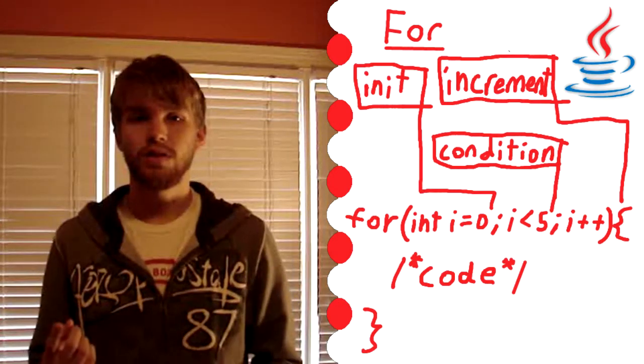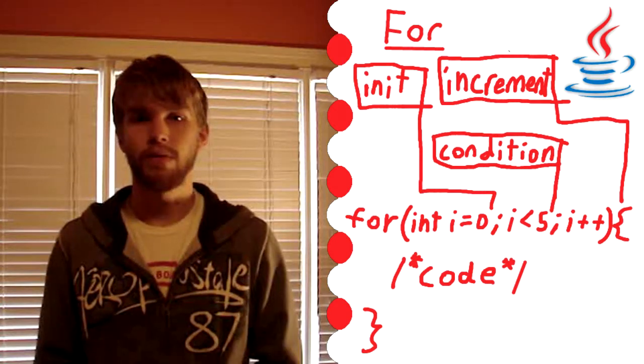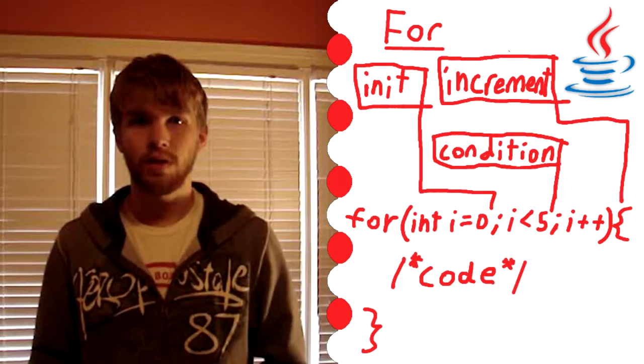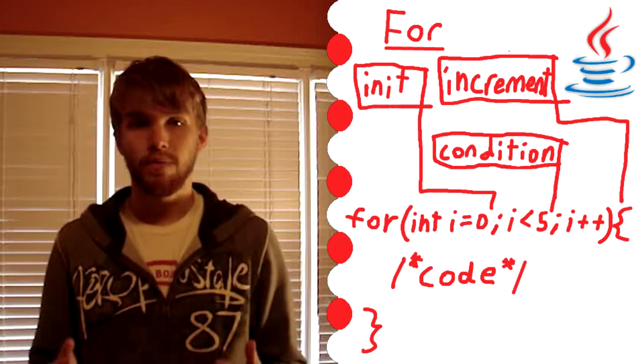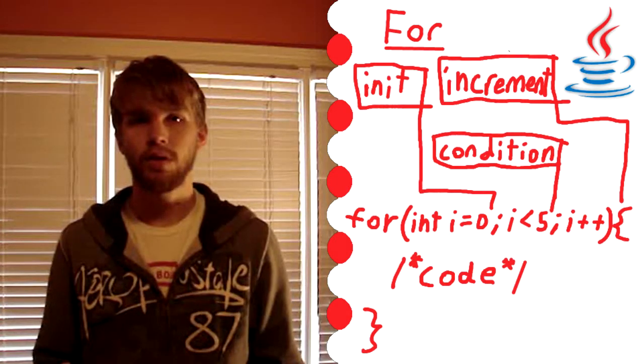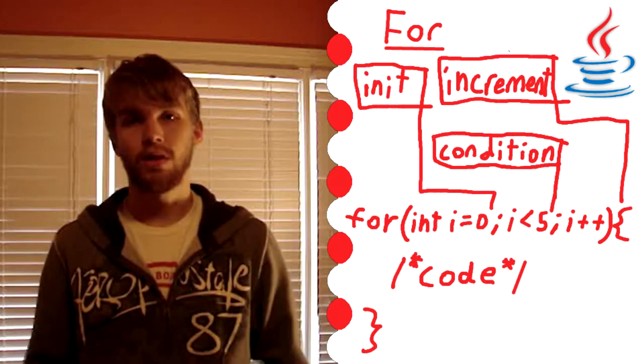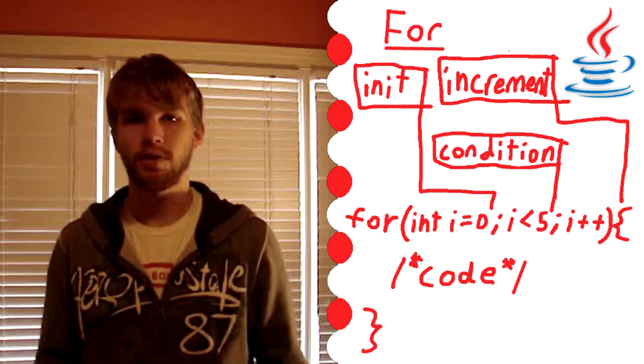In initialization you create a variable or maybe a few variables. That is what you want it to be in the beginning of the for loop. That's how you want the variable to look in the beginning of the for loop. And next is the condition. At what point do you want to exit out of the loop? And then the last one, increment: how do you want the variables to change every time you go through the